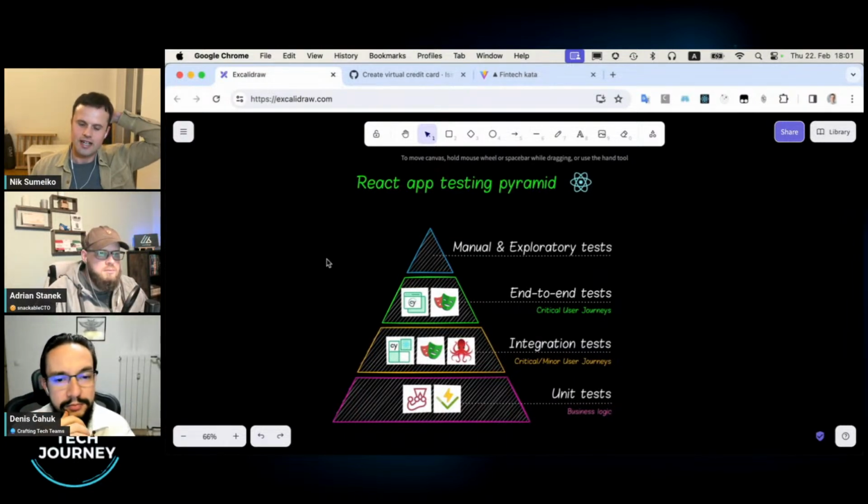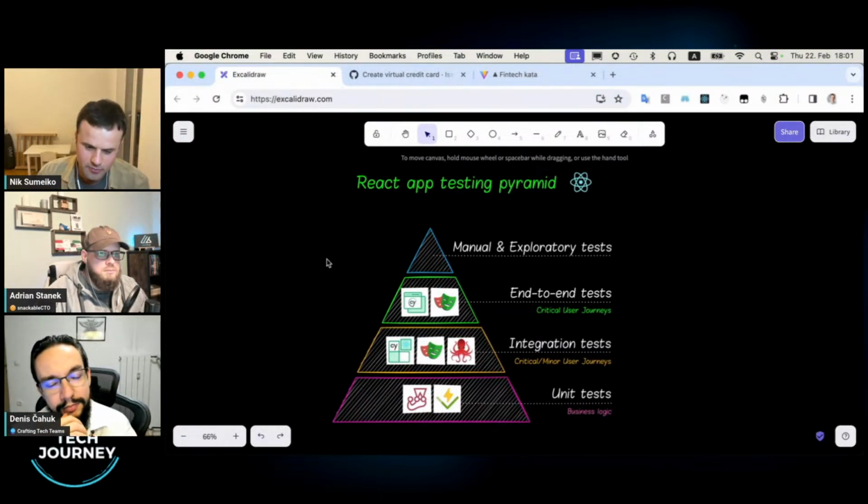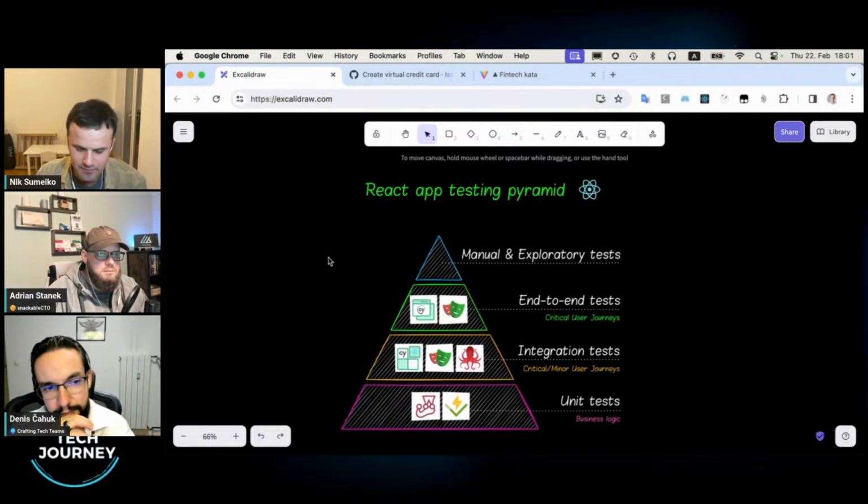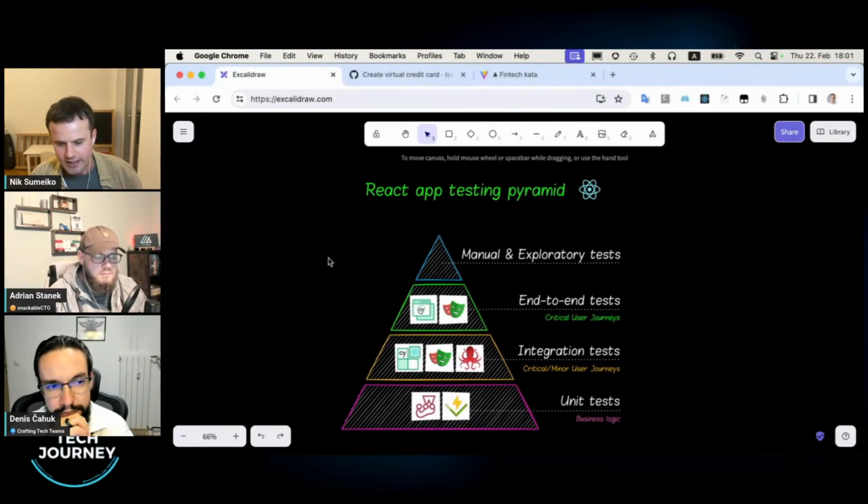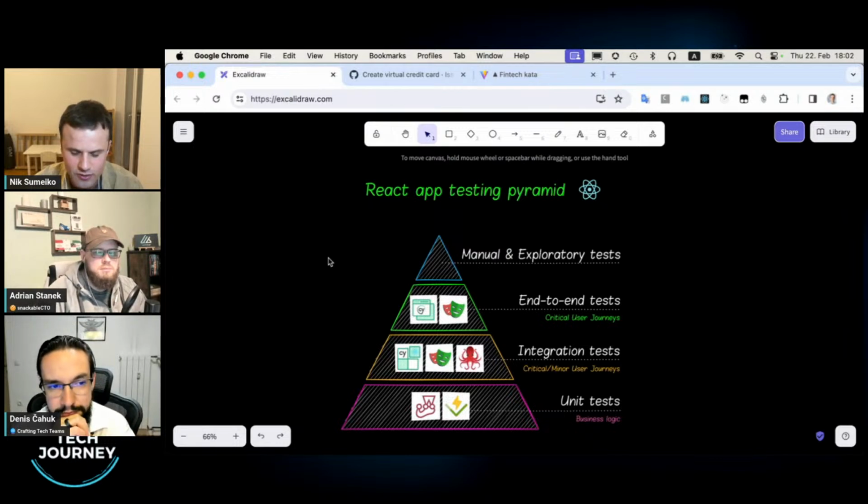So the last thing I wanted to show before I'm done is the testing strategy that we employ here, and we are using this pyramid. On a low level, for business logic, we are using unit tests with Vitest or Jest, whatever you prefer.